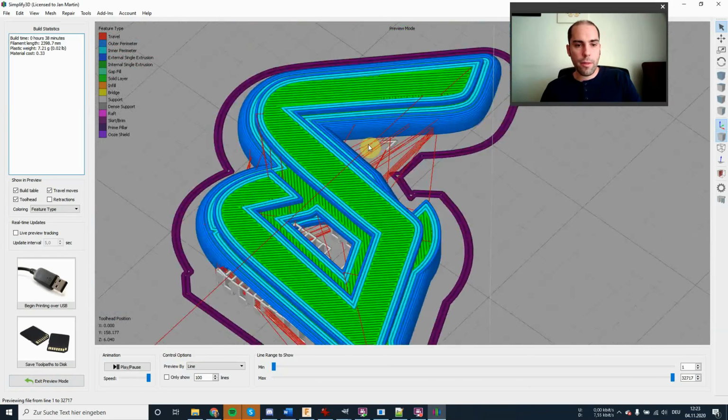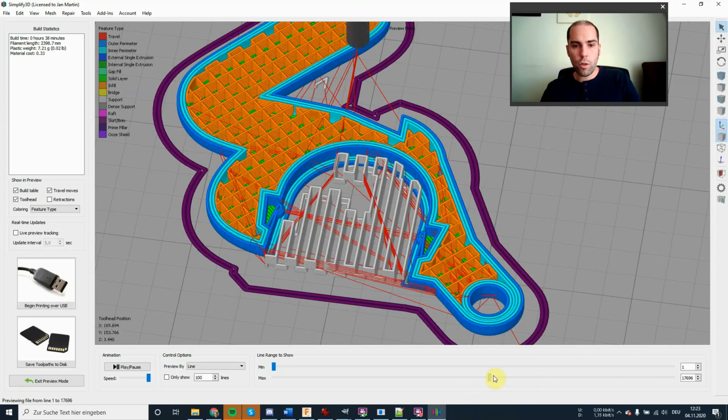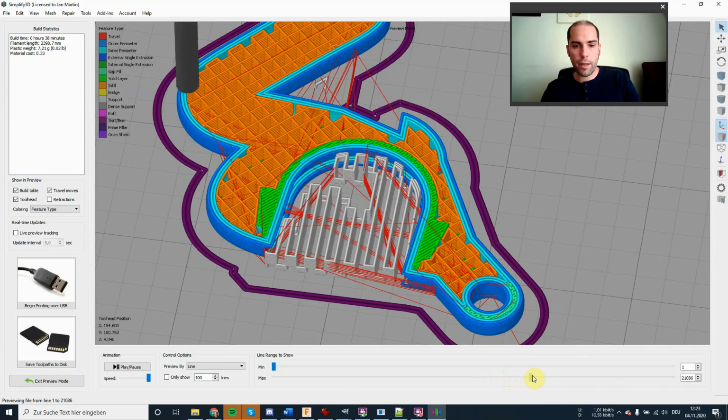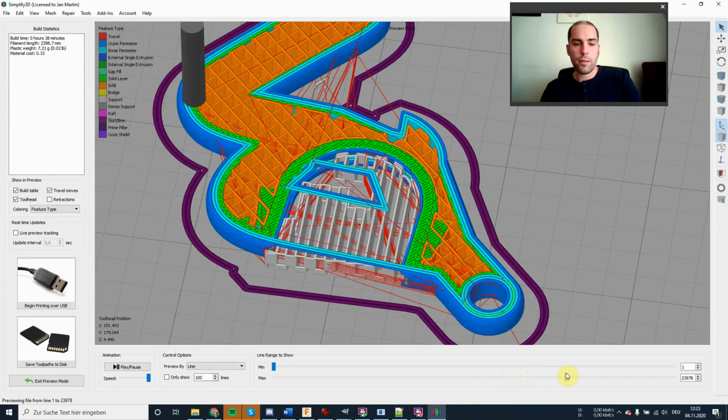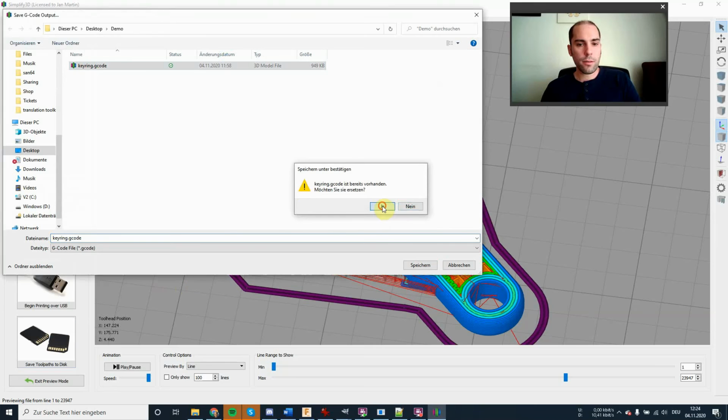Now you can see that there is a lot of gray stuff here, which is the support structure. And now we see that the plastic is going to be laid down here on the support structure, so it's not going to fall down. And also we have much thicker outer walls consisting of 3 perimeters, that is going to handle the stress from the bottle caps just nice. So we're done here, almost, but we can already save the file. Let's save it.